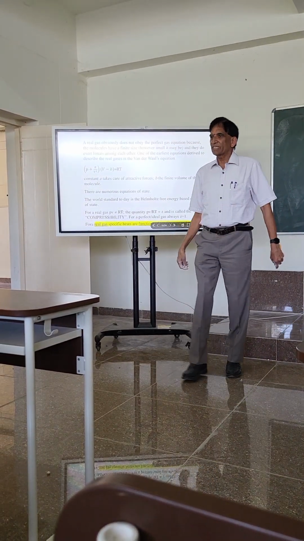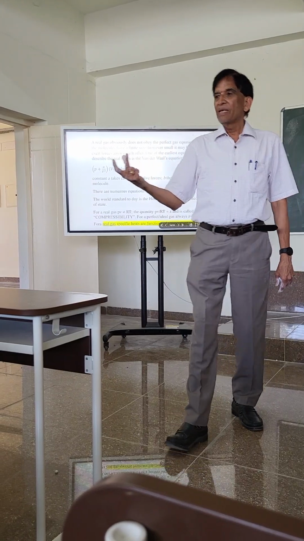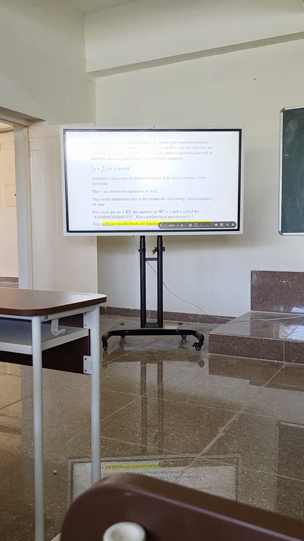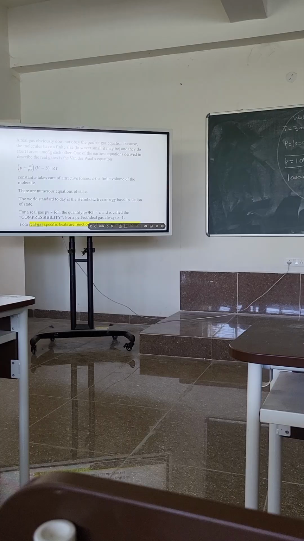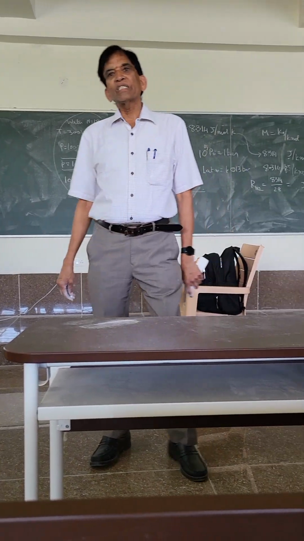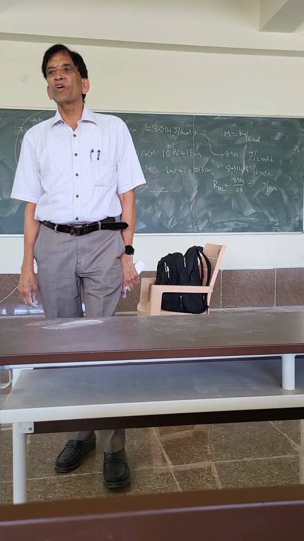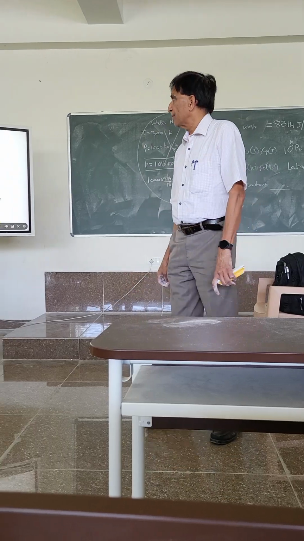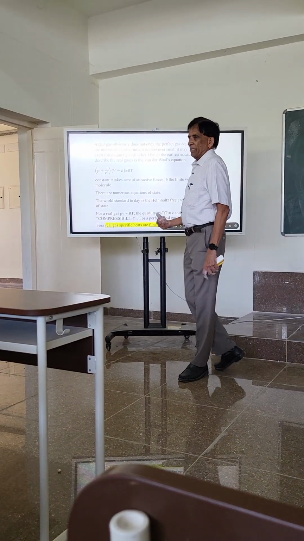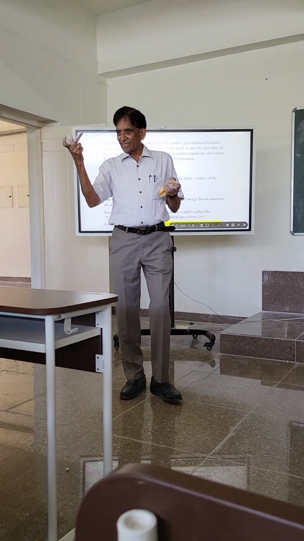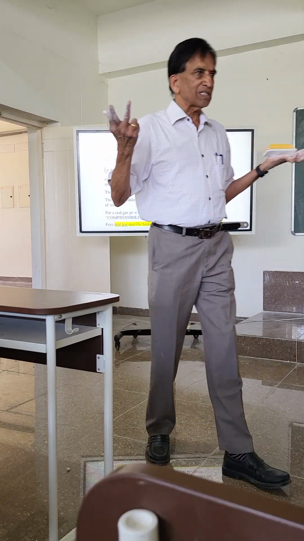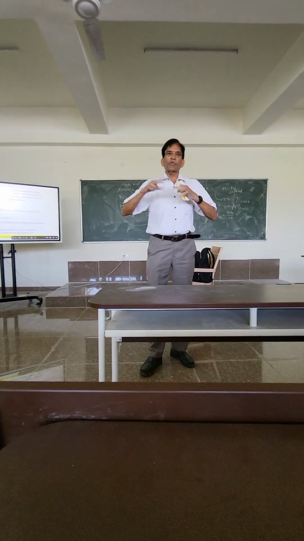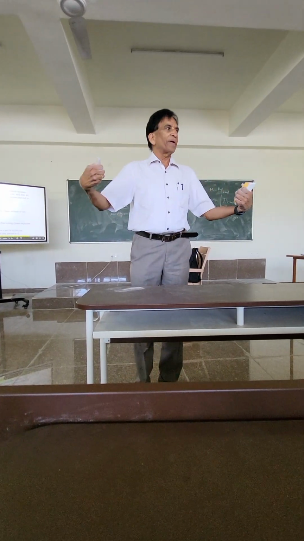A real gas obviously is not ideal, because it has a finite size and it has attractive and repulsive forces. One of the oldest forms of real gas equation of state is called the Van der Waals equation of state. Van der Waals was a Dutch physicist who got the first Nobel Prize in physics way back in 1904. He proposed that for real gases, we know there is finite size and also attractive and repulsive forces, which depend on the distance by which the molecules are separated.